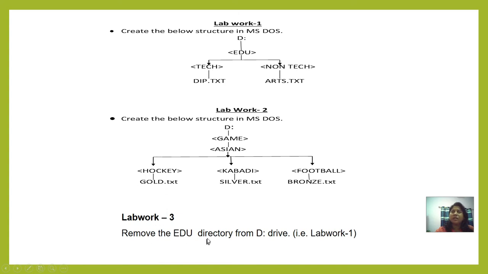One thing you have to remember: to create a directory the md command is used, to go inside a directory the cd command is used, and after completing all these things, when I think I don't need that directory, I have to remove it with the rd command. So in lab work 3 the rd command should be used.